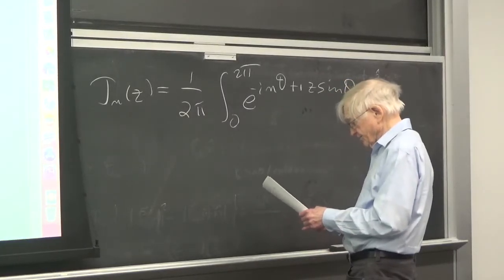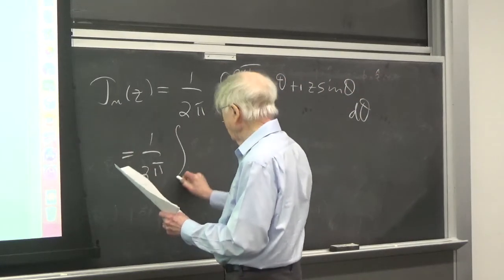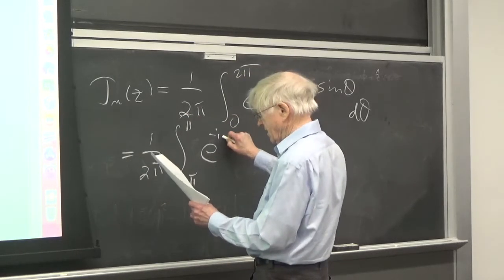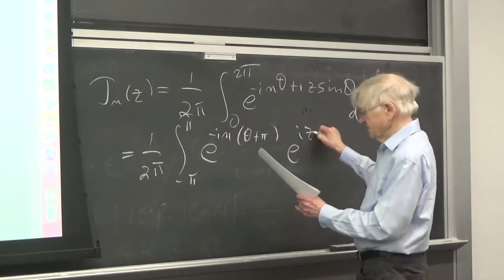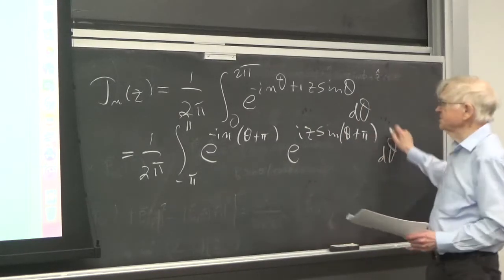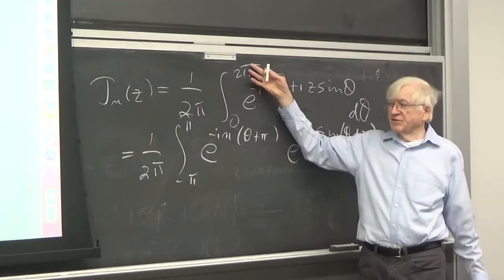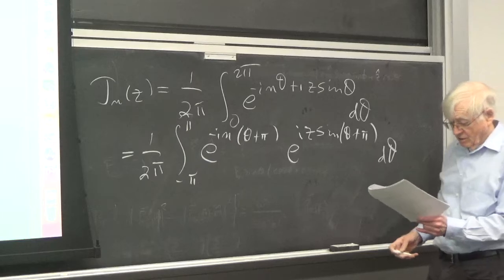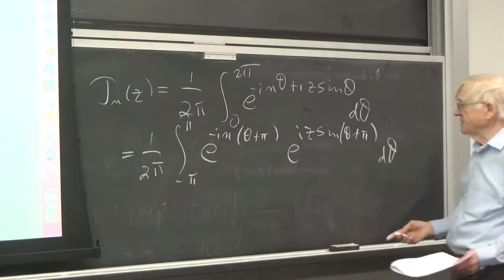Or equivalently, we can write it as 1 over 2 pi, integral minus pi to pi, e to the minus i n theta plus pi, e to the i z sine theta plus pi d theta. So this is the same integral, but instead of shifting the interval of integration, we're shifting the variable of integration. And now the e to the minus i n pi is just minus 1 to the n,